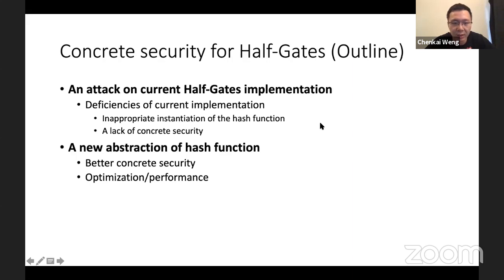Note that it doesn't mean the half-gates protocol is insecure, but we do find a weakness when the hash function in half-gates is not instantiated properly. Also, there is a problem in some previous papers where there's a lack of concrete security. Normally, they only provide the asymptotic security bound. And we give a new abstraction of hash functions, which can give a better concrete security.